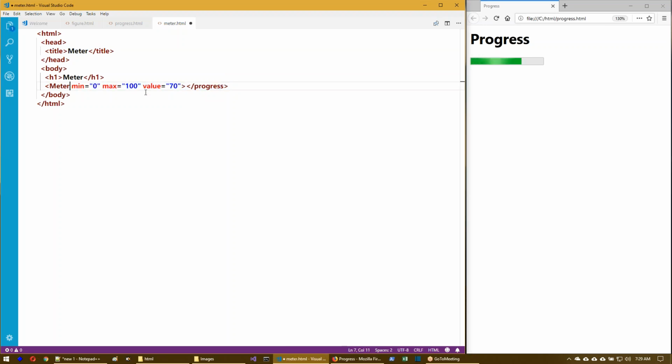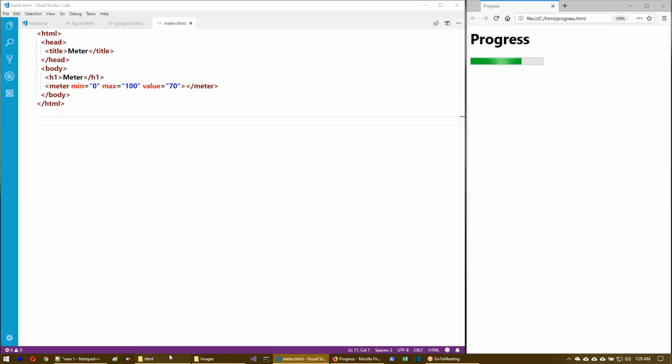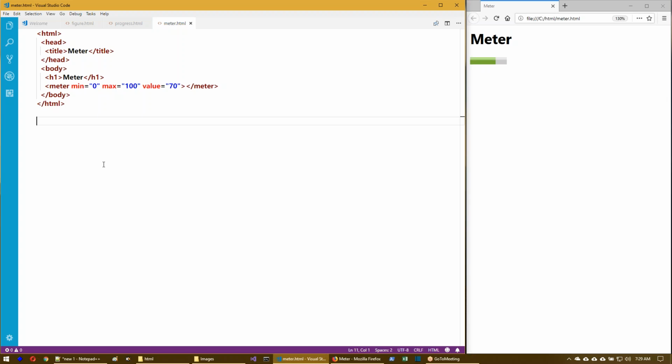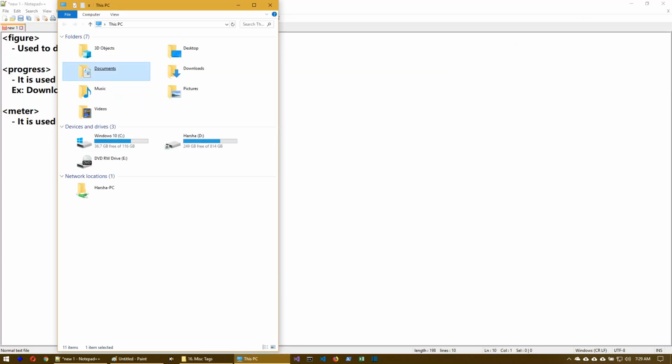Just like progress, we are going to provide the meter tag. Now we can see the meter tag. It is not a progress bar, it's a meter which indicates the disk usage. Next tag is